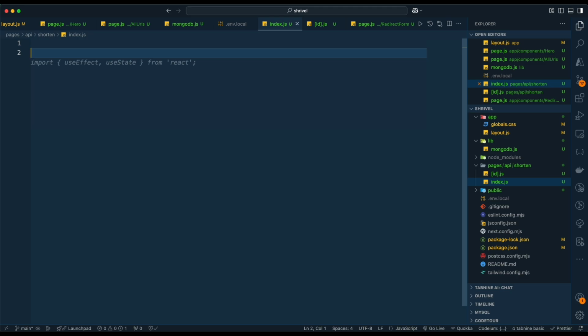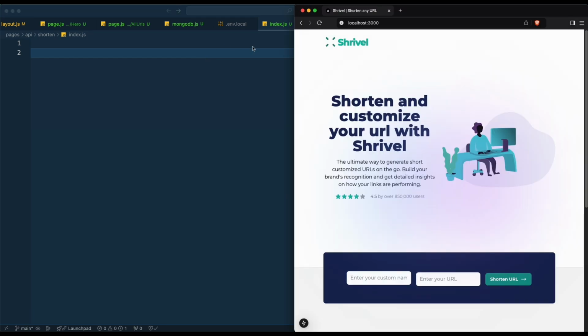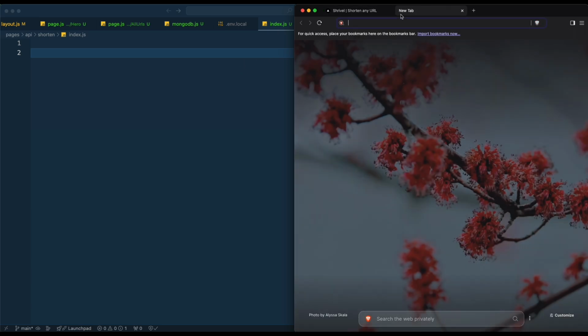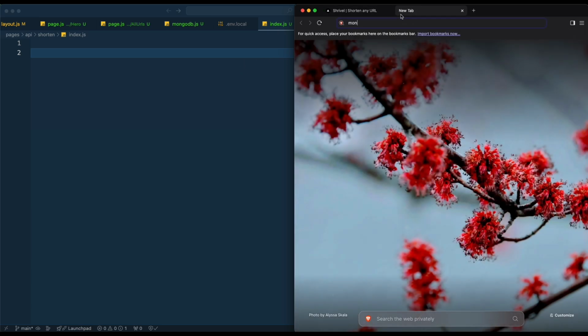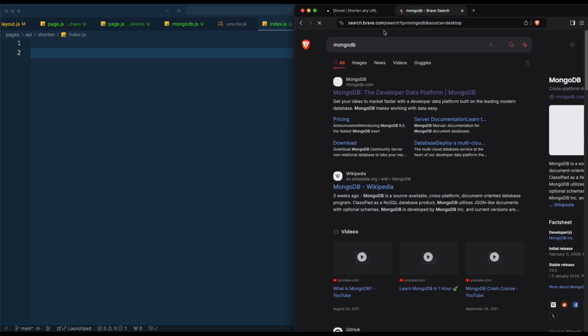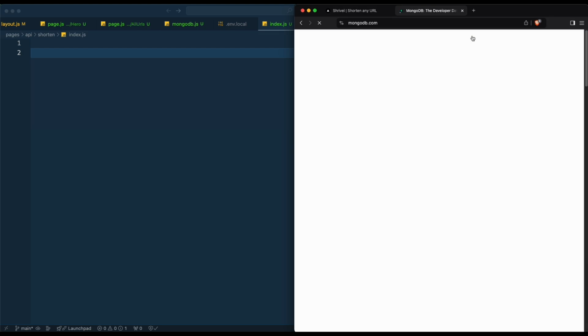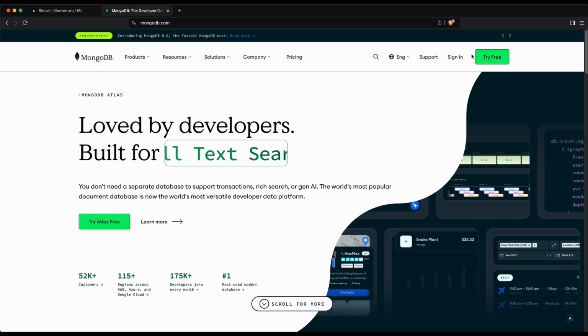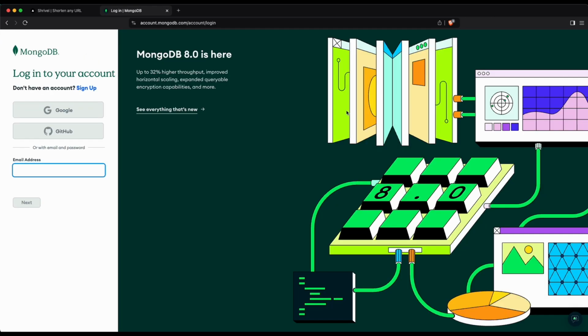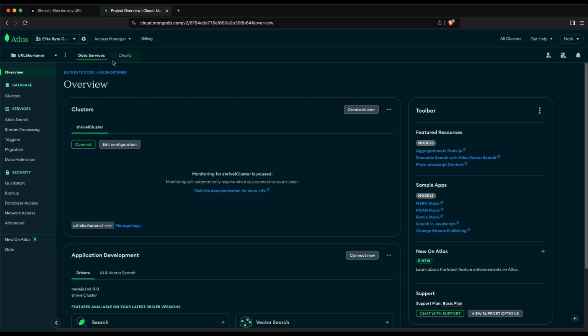All right, so now the first thing we are going to do, now that we created these folders, is go to MongoDB and create our database. So now I'll quickly open up here and then log on to MongoDB. Now go ahead and log in. Now as soon as you log in, go ahead and create your